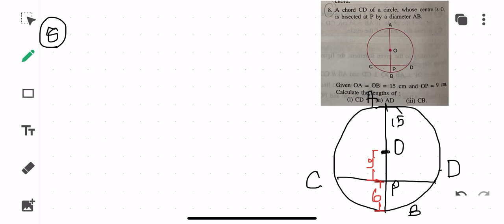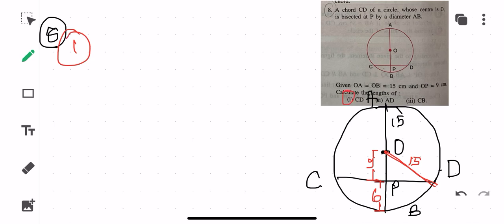Now you have to find out CD, children. So CD, how you can find out, children? It's very easy. You can just construct a radius over here, and then what you can write down, this is also a radius, so this also will be equal to 15. So 15 square minus 9 square, you will be taking for the first sub question, children, that I am going to give you as homework.